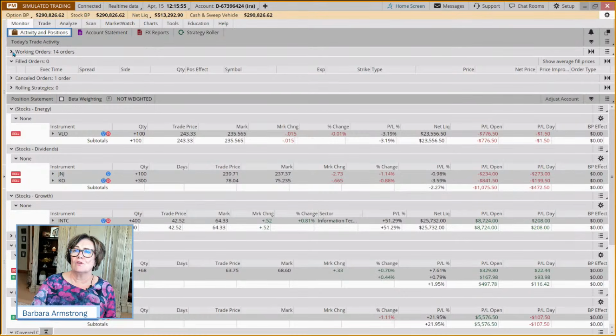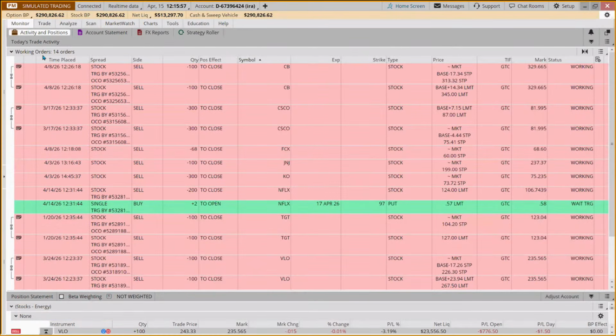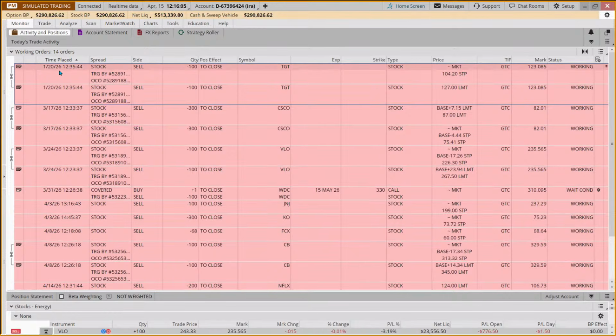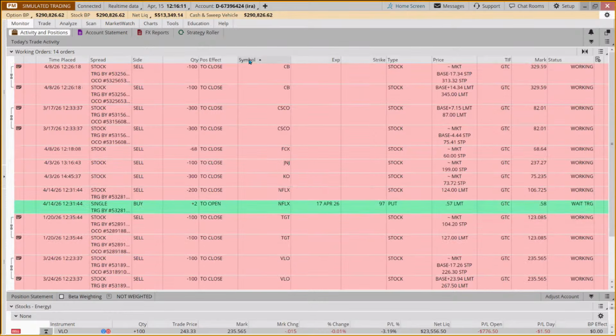and we are going to come to our working orders. And one thing about working orders, you can sort them by the time you place the trade. So the last one we placed, the one that's still in here, the oldest one, is actually Target. But you can also, I tend to sort by symbol.